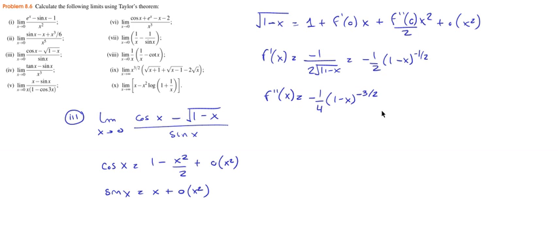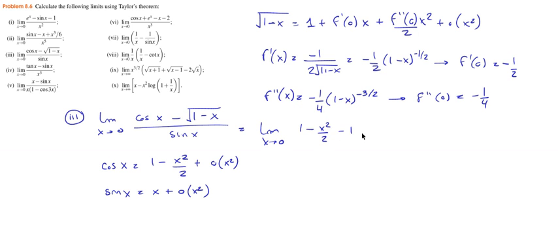And let's see. Now we can compute this. f prime at 0 is going to be minus 1/2, and the second derivative at 0 is going to be minus 1/4. So the approximation for the square root of 1 minus x is going to be 1 minus 1/2 of x minus 1/4 divided by 2, minus 1/8 of x squared, right? So this is 1 minus x squared divided by 2 minus 1,